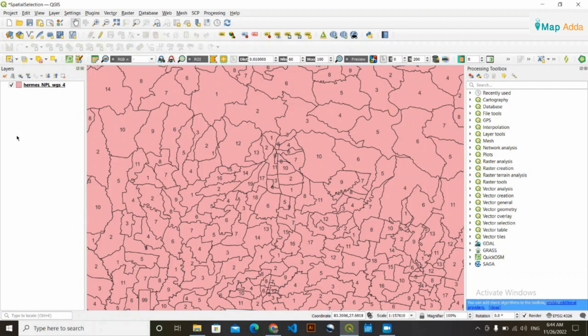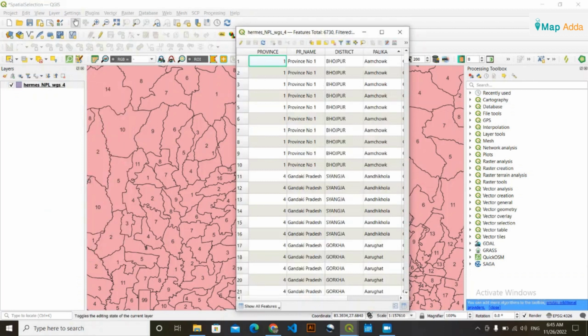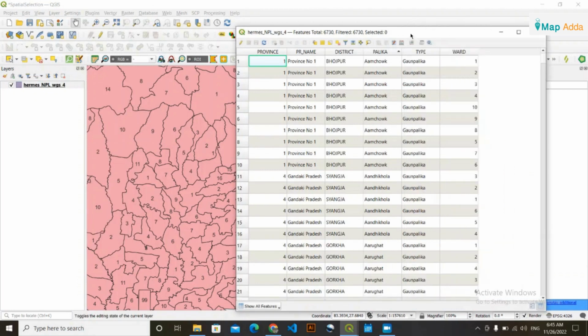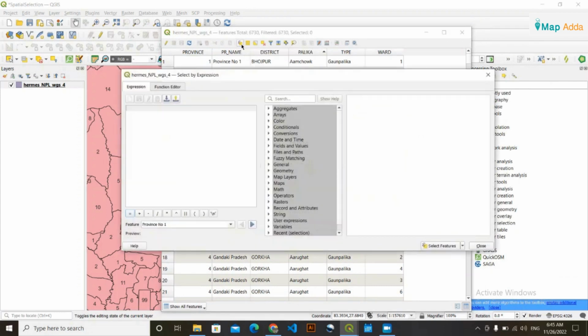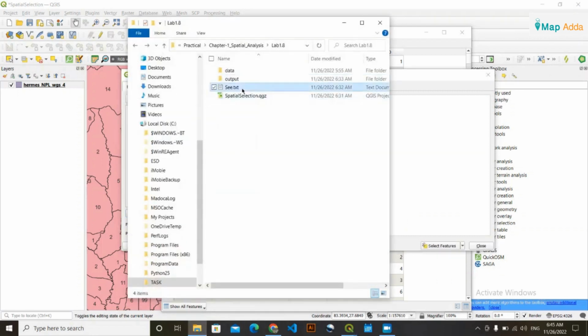So I'm going to show this. First, you need to load this save file data which I had loaded previously. So for this, now go to, okay, just right click here, open attribute table, and once the attribute table is open, you need to go here, select features using an expression. So click here. Now what you need to note here is,